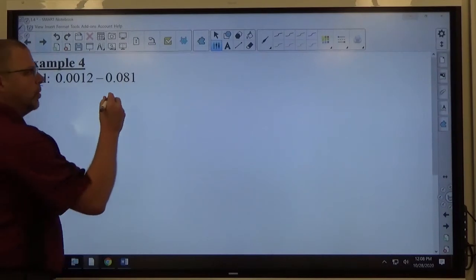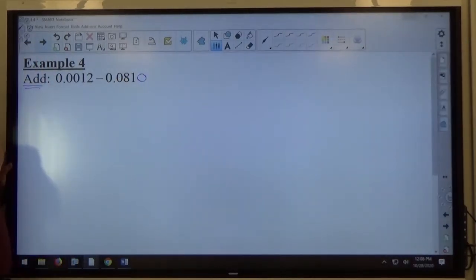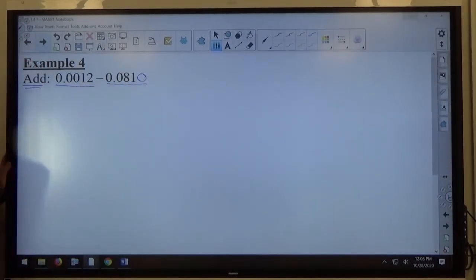Now, what I'm going to do is put an extra 0 on this just to be able to compare them more easily. This has exactly 4 decimal places. Now this has exactly 4 decimal places. It's easier to compare decimals when they have the same number of decimal places. If you take a look,